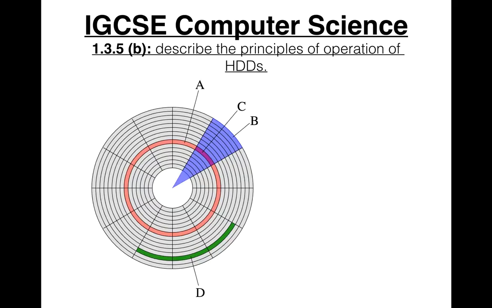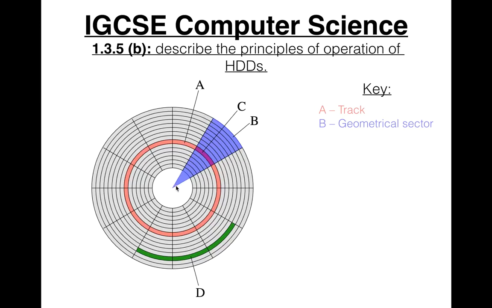So let's look at a platter. Here we have A, B, C, and D. A is the track, the pink thing right here. B is the geometrical sector. Here's the confusing part: this is the geometrical sector. If you imagine a circle, this would be the sector of a circle. But we don't mean